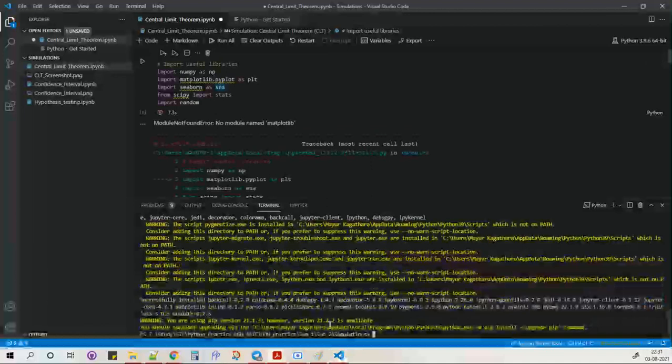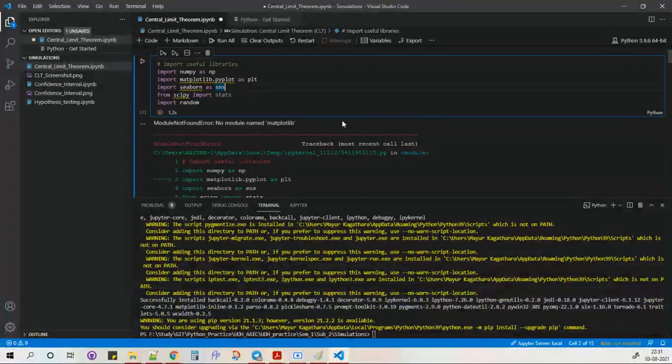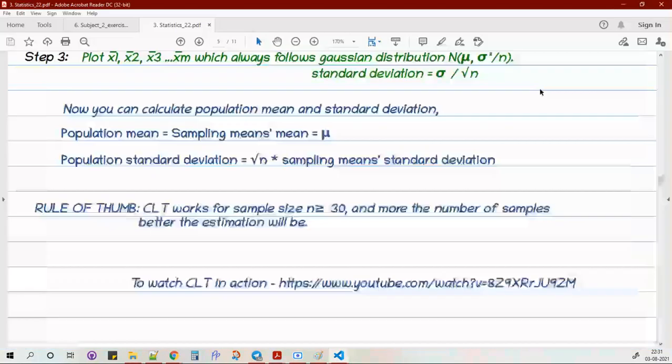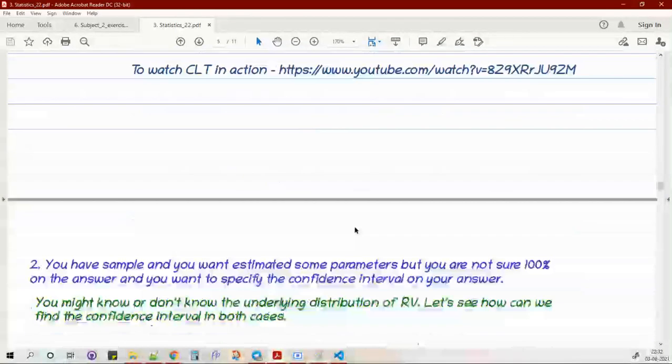correct? If it runs today, then this would be really useful to see. No module name matplotlib. Okay, leave it. Mm,